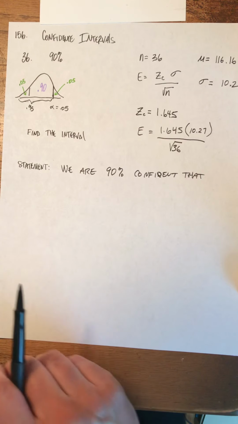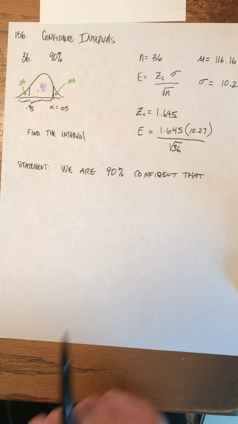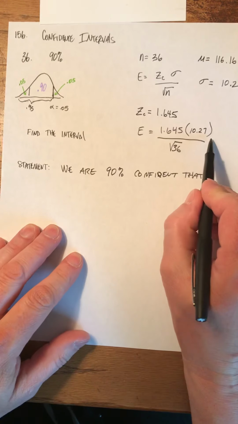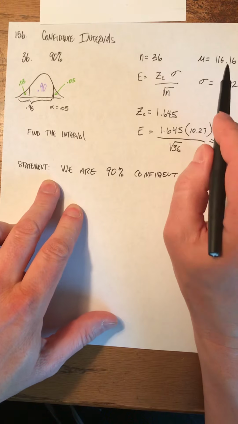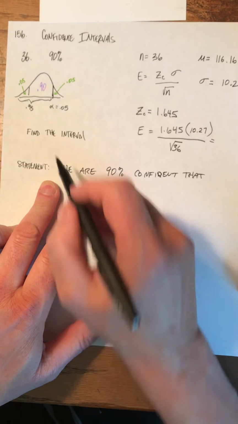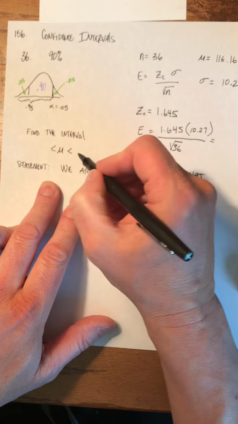Anyway, let's see. Where's my calculator? Hopefully you could do this. What we're going to do is take this number that we got and add it and subtract it onto the mean. So what we want is two scores. We want the mean to be in between,